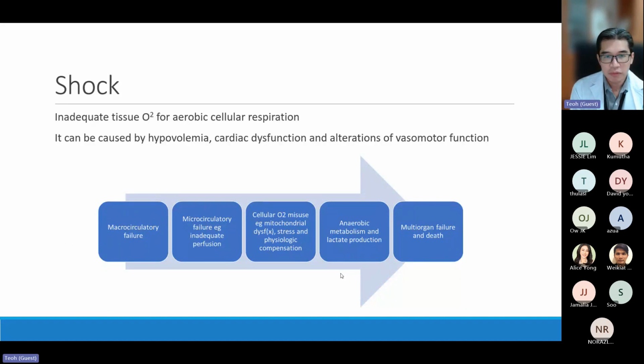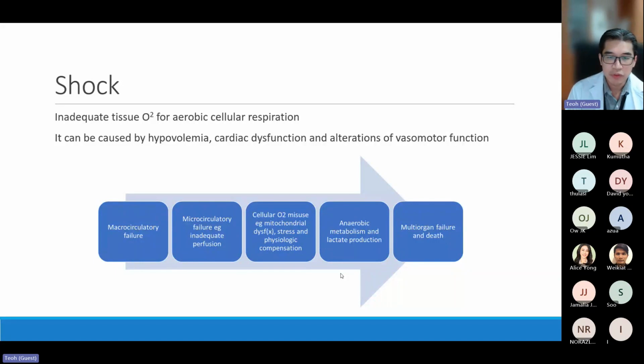Kidney is very sensitive to blood flow. If you get shock, the kidney is the first organ showing signs of poor perfusion. The patient usually will present with a reduction in urine output and also an increase in